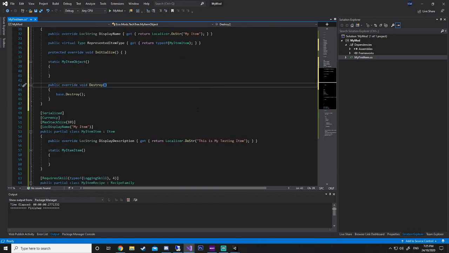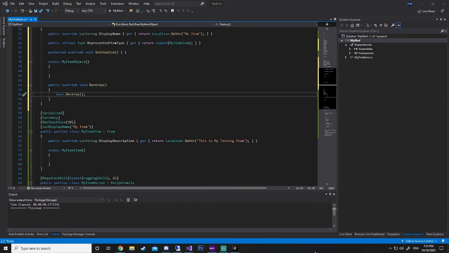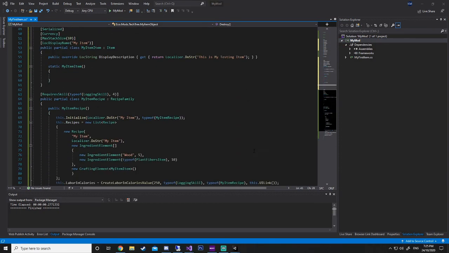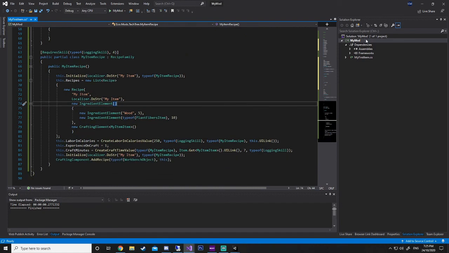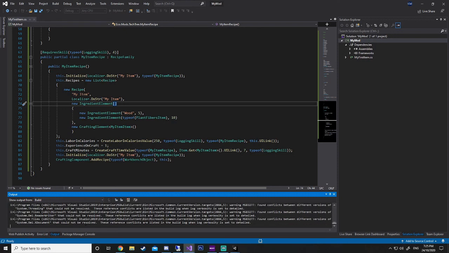And once again, if you're compiling your DLL, you can just click up here, right click, click build, and it'll compile all this into your DLL. And you can just put it straight into your server, and it should boot without any problems. And if you have any errors when you go to build, down the bottom here after its build is finished, it'll tell you whether it's failed or it's succeeded.